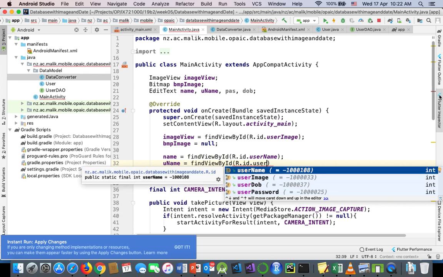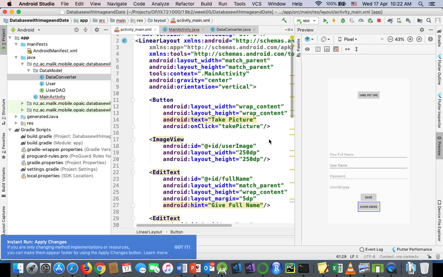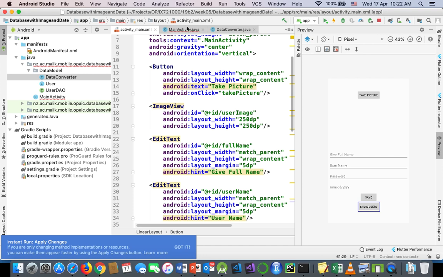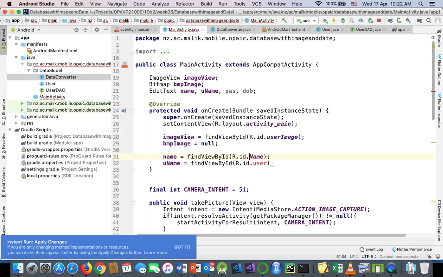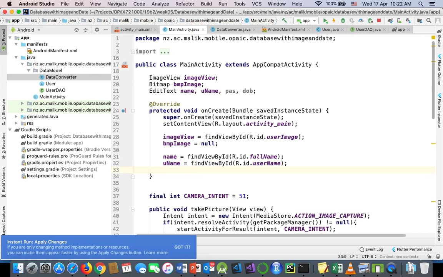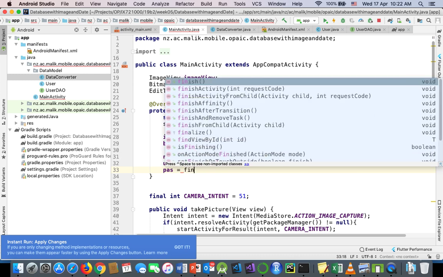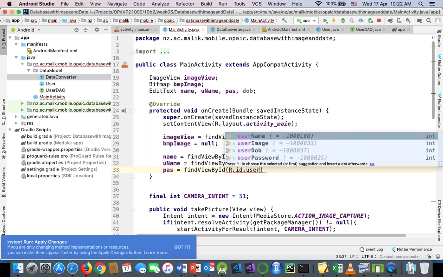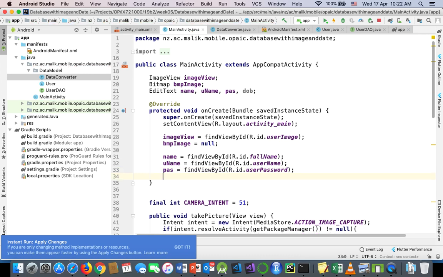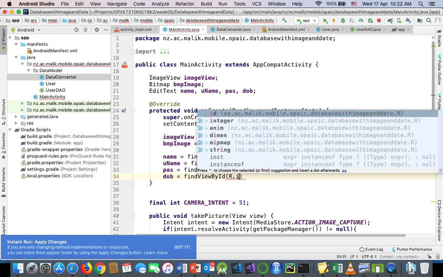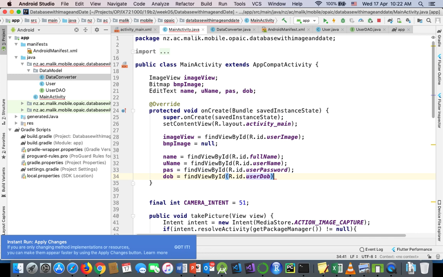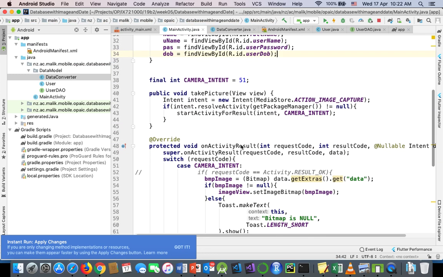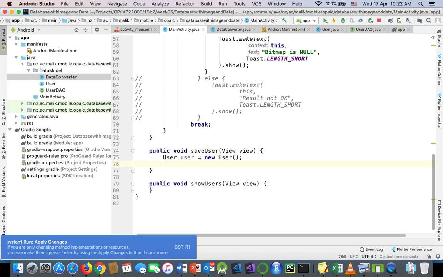Okay, we have two names. Let me see, we have the full name. The first one is the full name, and the second one is actually the user name. Then we have the pass, so we can say find by view id R.id.user_password, and then we have dob equal to find by id R.id.user_dob, and we have initialized those values. So now once we have initialized, then we can check if